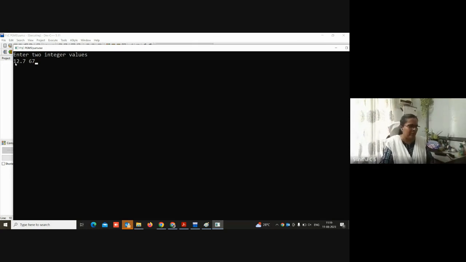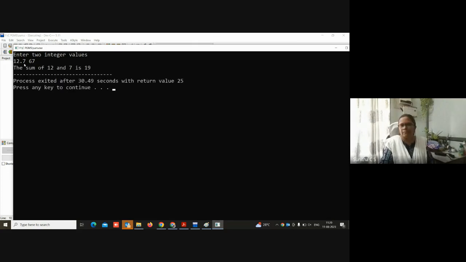Here 12 will be taken because dot is a delimiter, so num1 will have 12. Immediately after the dot, 7 is there, and immediately after 7 there is a space, which is again a delimiter. So now num1 will be 12 and num2 will be 7. Clear?